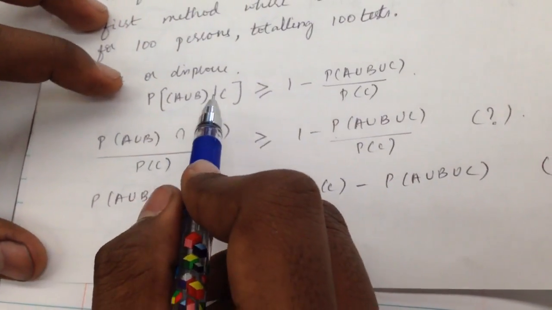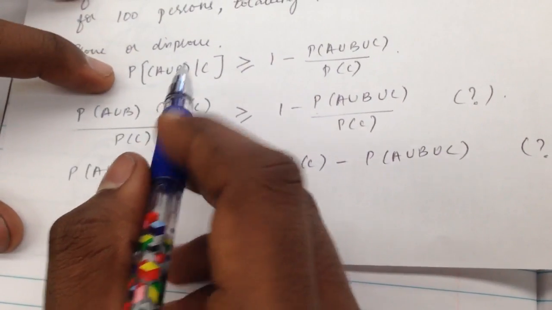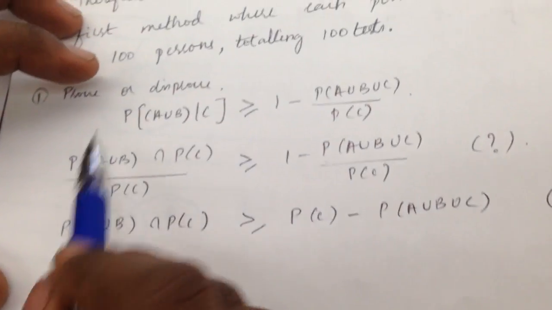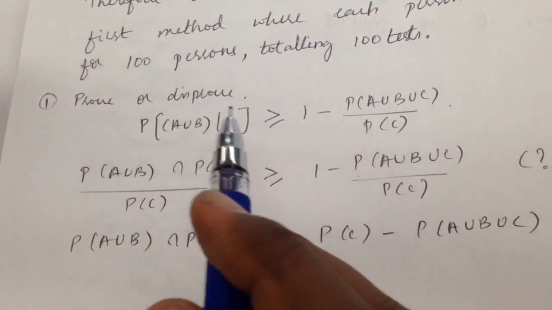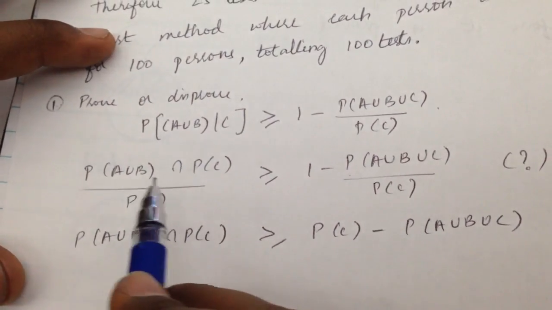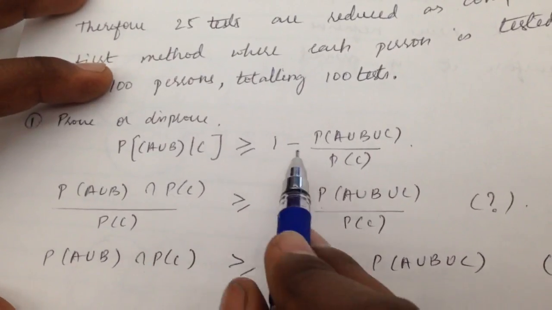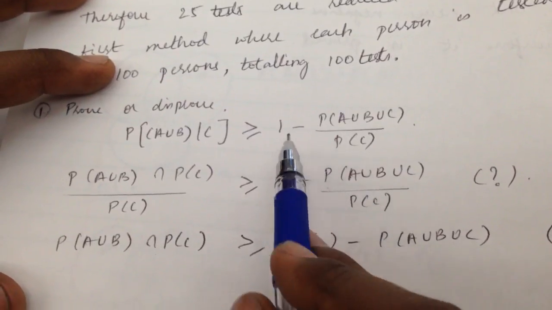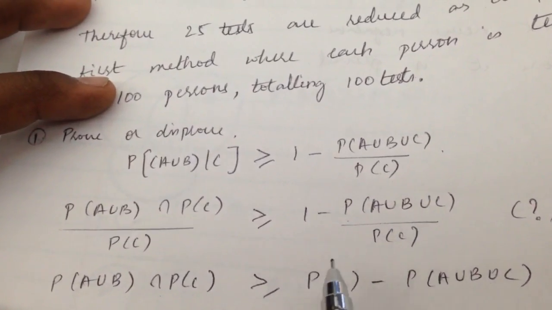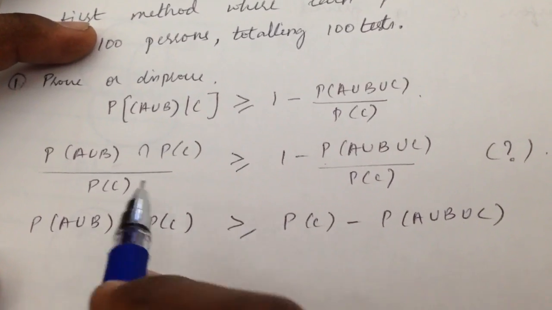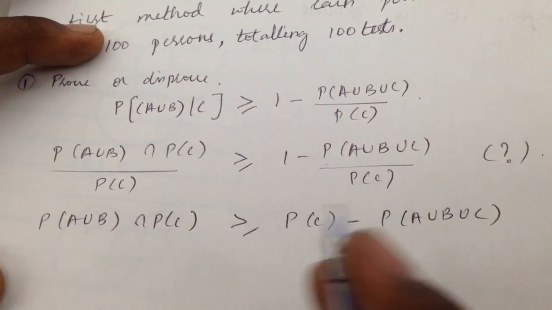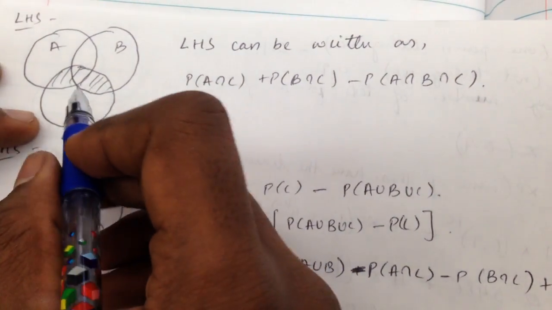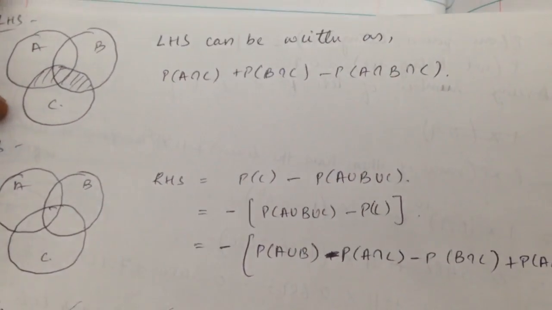So going through the problem, the LHS is nothing but a conditional probability expression which can be expanded this way. It's of the general form P of A given B is P of A intersection B over P of B. The LHS remains the same. The addition of these two terms leads to this expression divided by P of C. Since I have P of C on both sides, I cancel them out. So now the LHS is nothing but P of A